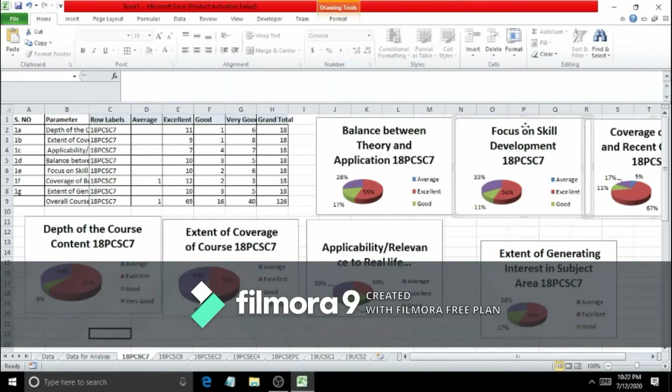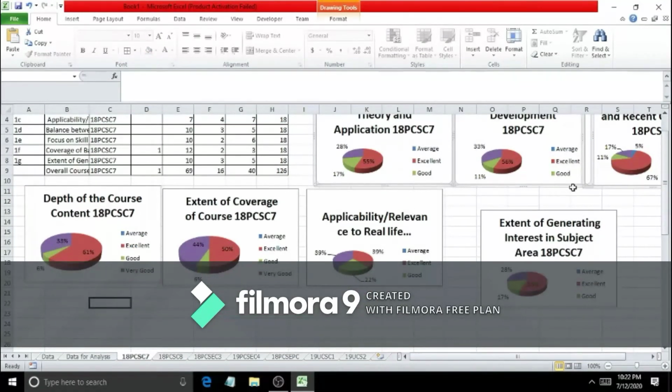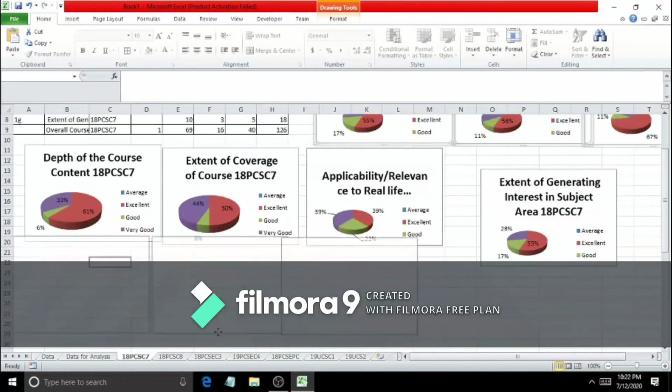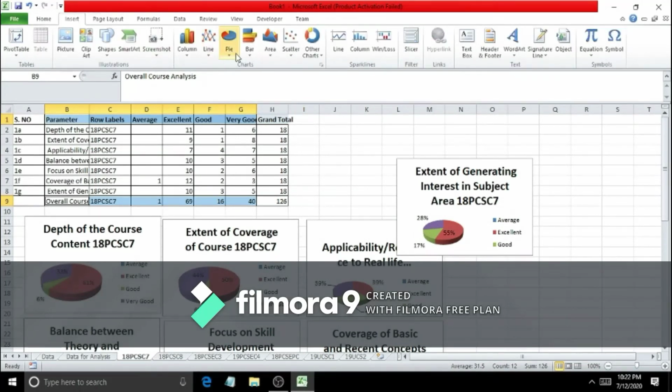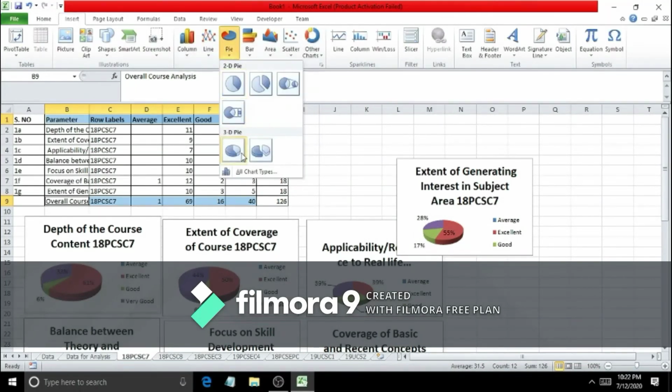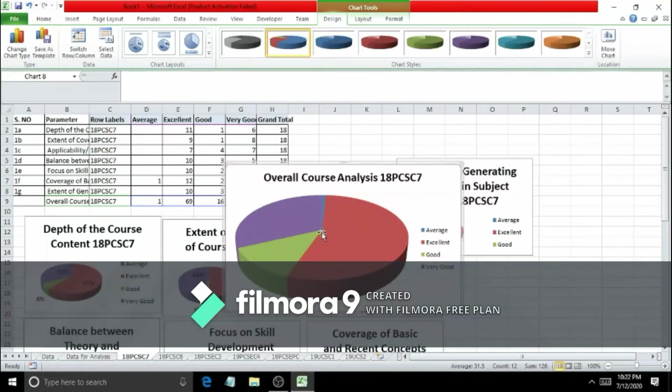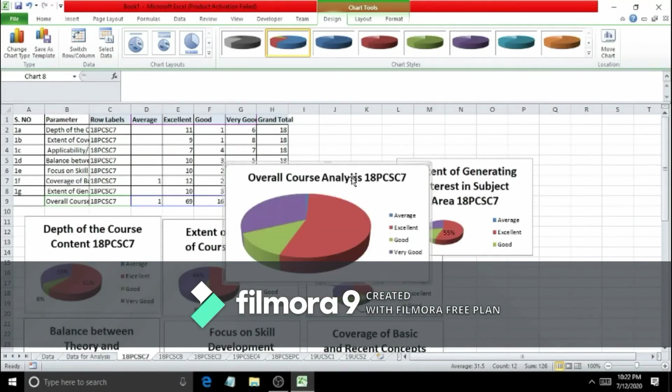Okay, select the 3 charts singly, drag and drop wherever you want in the new place. Select the first row and row number 9, which is the overall chart. Okay, you can change its options, then resize it and move it anywhere in the sheet.